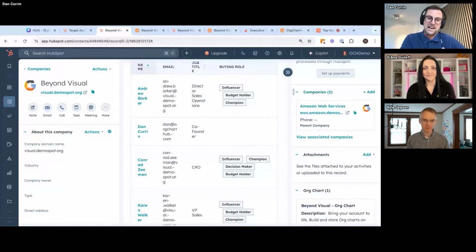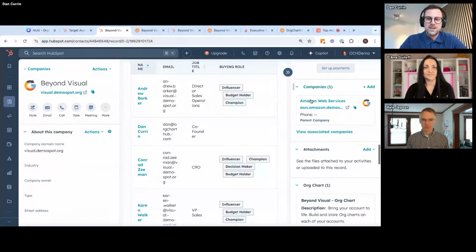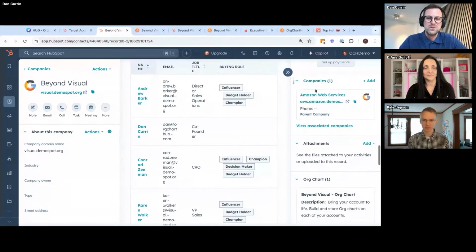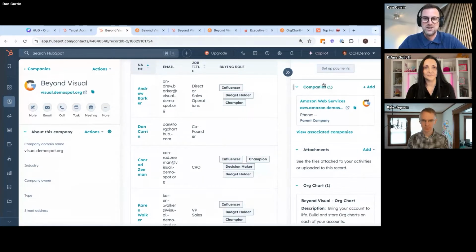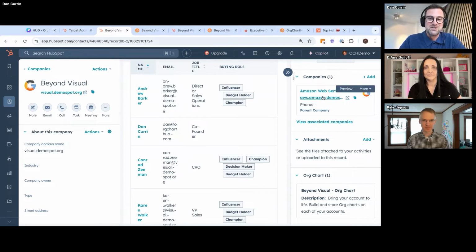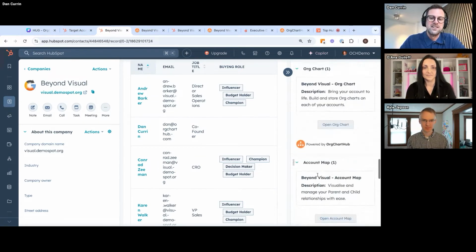And this comes back to that whole land and expand piece. Often you will land in part of a business and then figure out how you can expand across it. So when we're speaking to new customers, often I'll ask the question, have you looked at related companies who are using parent-child relationships? And the common answer is, yeah, we are, but probably not to its full extent, or we're not really sure how to. And so the answer to that is why we created the account mapping